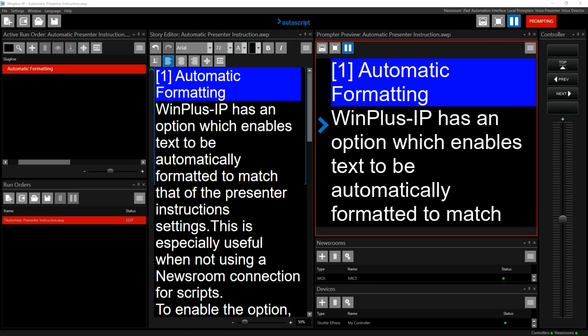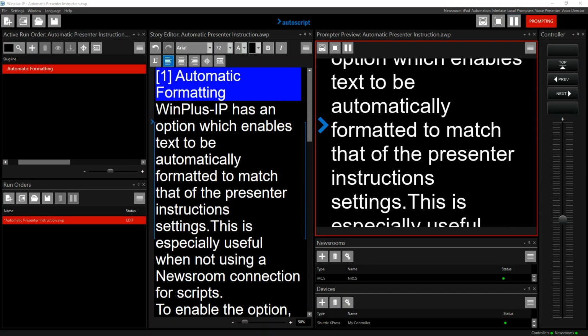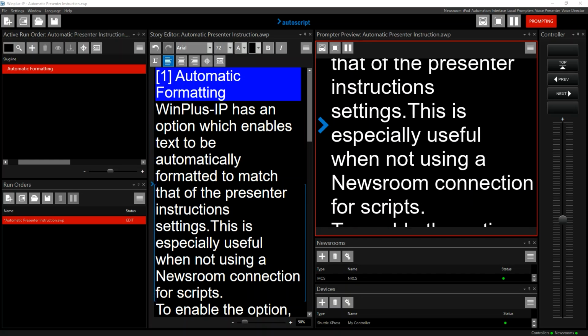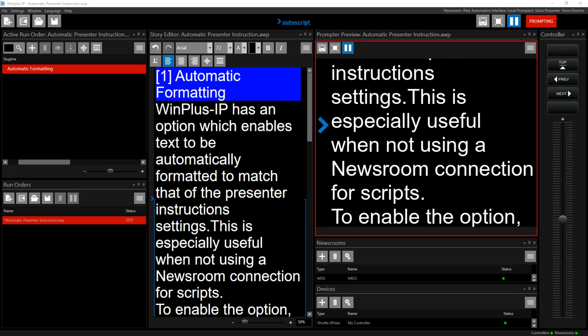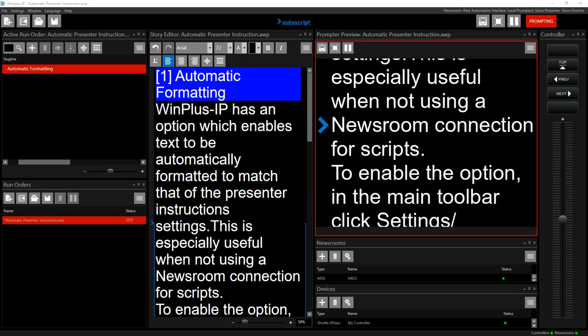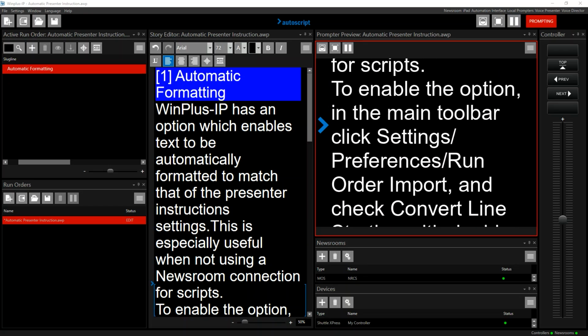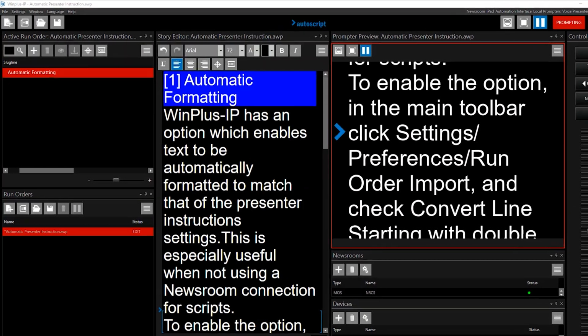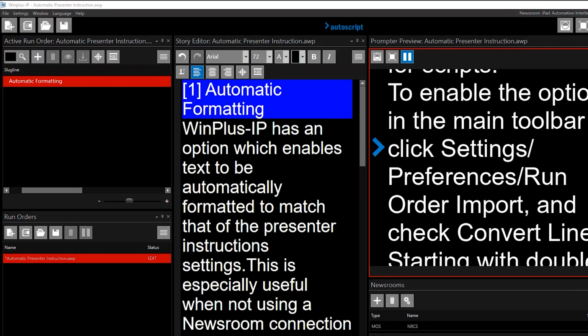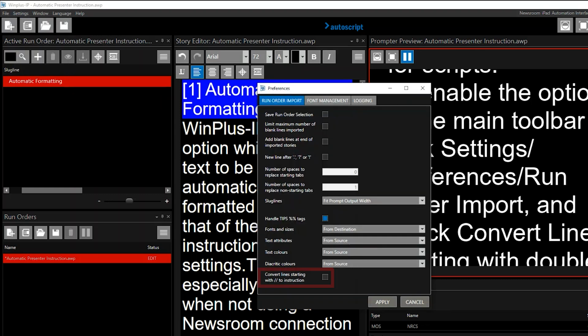WinPlus has an option which enables text to be automatically formatted to match that of the presenter instruction settings. This is especially useful when not using a newsroom connection for scripts. To enable the option, in the main toolbar, click Settings, Preferences, Run Order Import, and check Convert Lines starting //